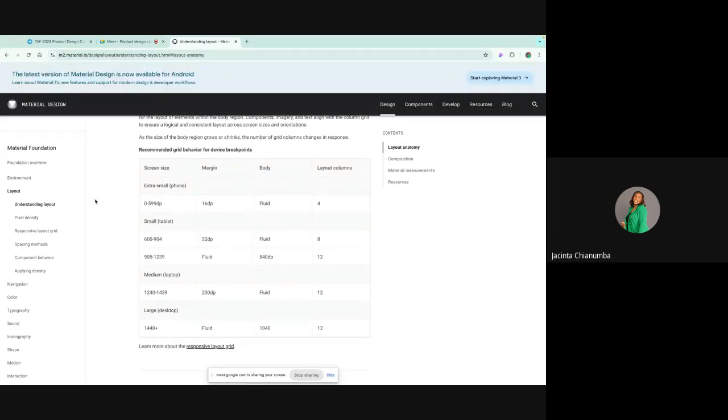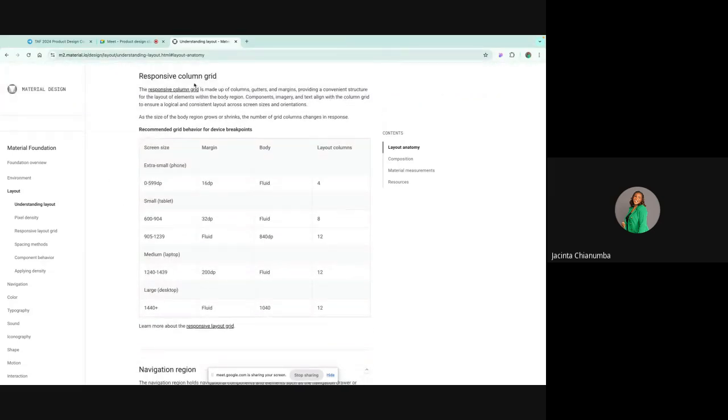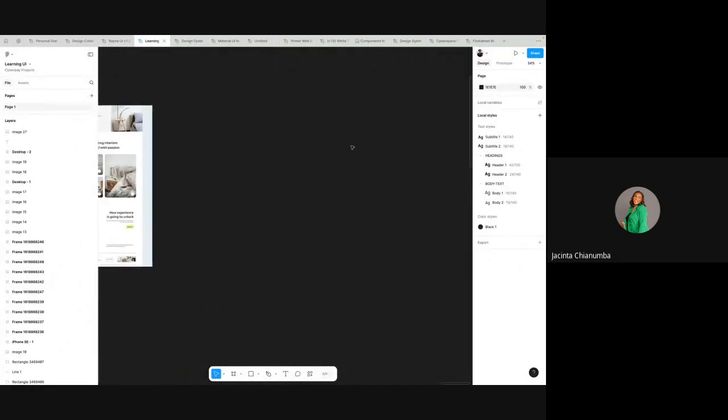So for this layout, since we're talking about layouts, you can see this responsive column grid, and it's showing for different screen sizes what the margin should be, what the body should be, and the layout columns. Since we are designing for a website today, this is where we are going to focus. So large desktop, this is 140 pixel, it should be fluid,